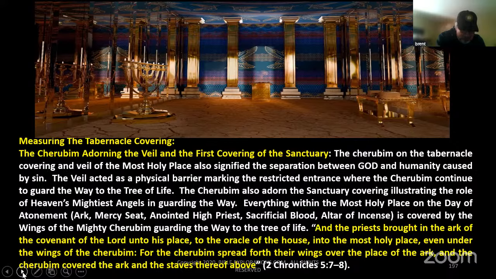So the whole thing is under the wings. It says, even under the wings of the cherubim, that ark is brought in. Even as you bring it in through the holy place, it's under the wings of the cherubim till you get into the most holy place. Then once they get that in there, they set up the veil, and so it's a beautiful thing that all is under the wings of the cherubim, which have always guarded the way of life.